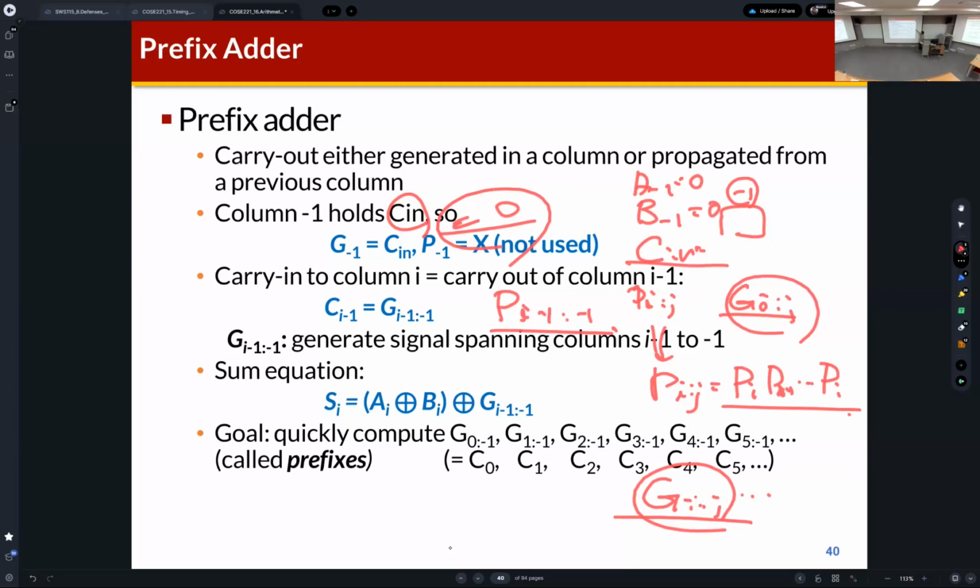If we just define this as P -1, this is 0. So actually P I -1 -1 is 0, right? Because P -1 is 0. So the block propagation generated, then we just add all propagations from its digit, right? And then C I -1 is G I -1 -1. So we can define the block propagation and block